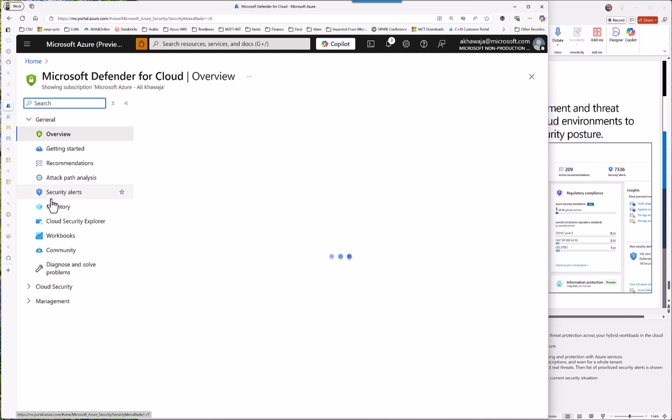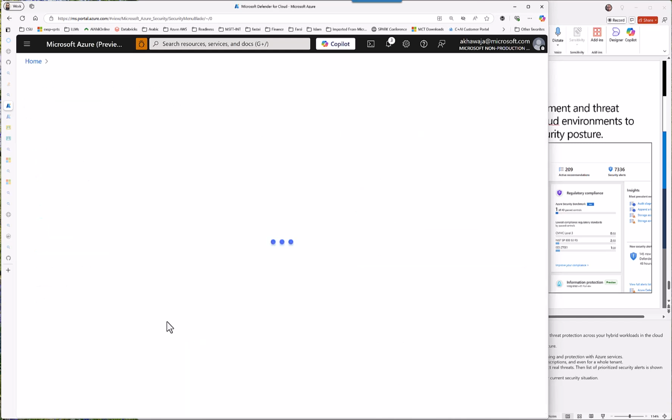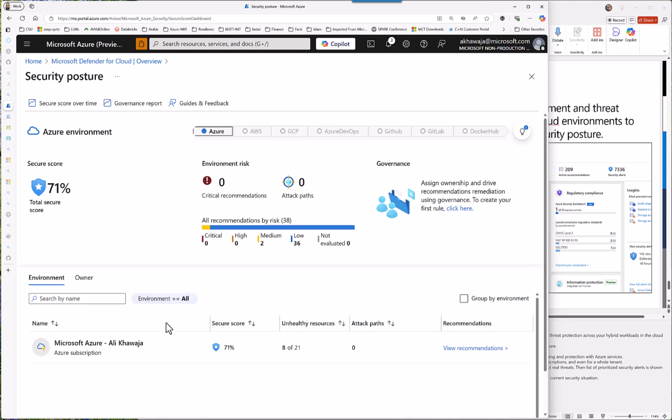All those scores are accumulated and a percentage is derived, and it tells us what our secure score is. So here it's telling us our secure score is 71%, right? And we can take a look at what is happening, what our vulnerabilities are. So it gives us an idea that this seems to be a pretty much secured environment.